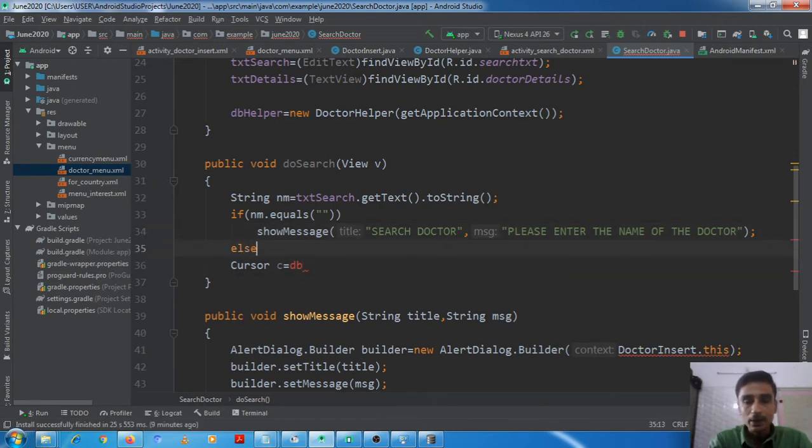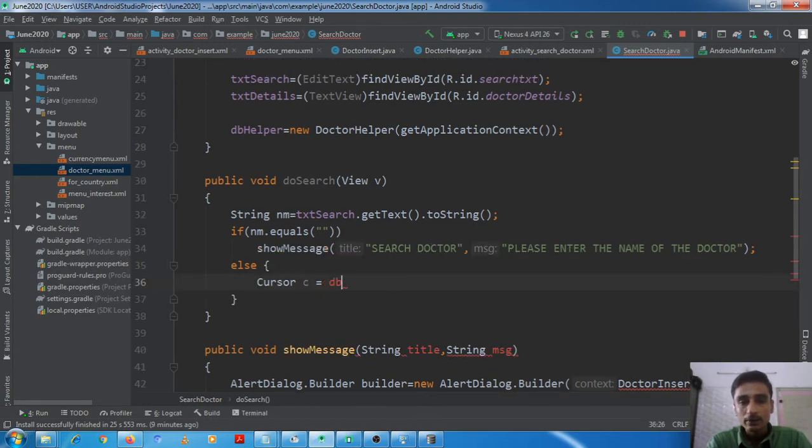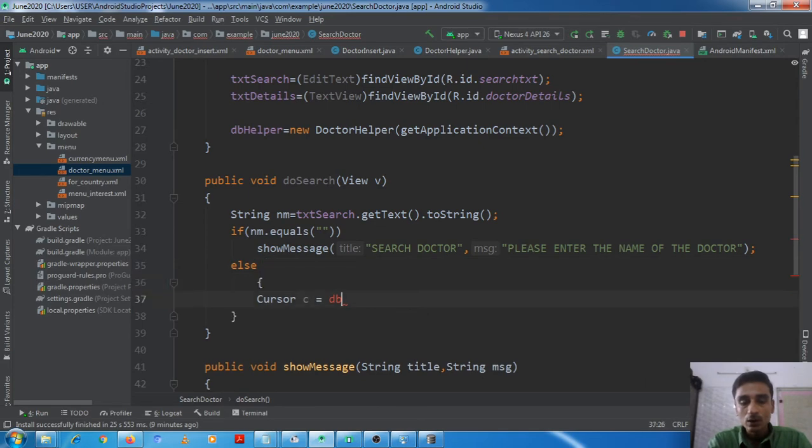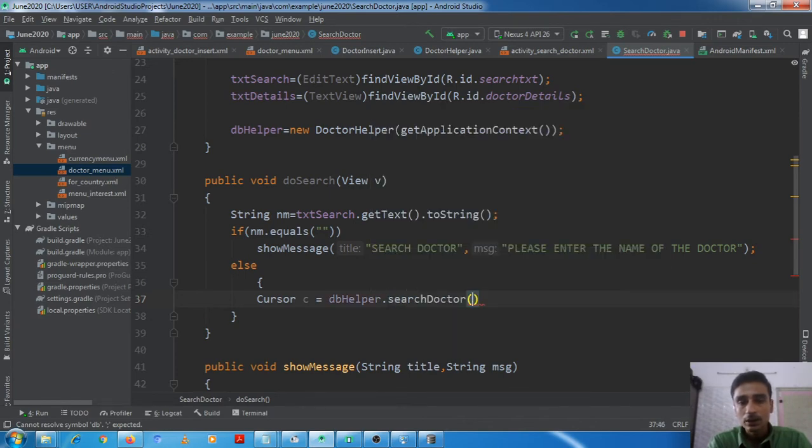Okay, in the else part we will query the db. db helper dot search doctor nm.